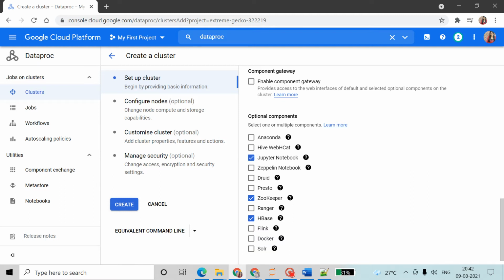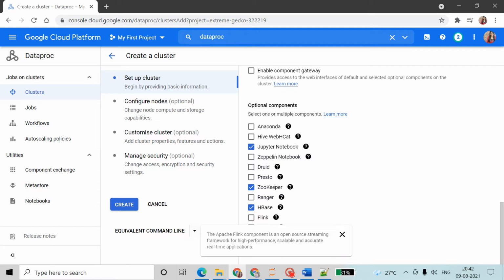Jupyter Notebook we will use for Python. So that's all, these three components. Okay, fine. Even I will take Docker also. It depends on you. If you are doing some project, it depends on what all you want to build your project. So here this much is fine for my project.